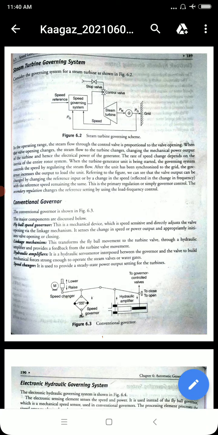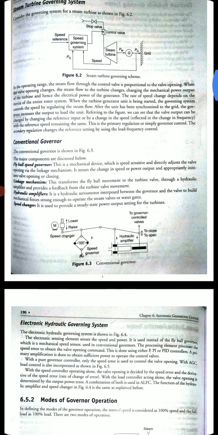In the previous class we have seen the speed governors, where we covered the general governor operation and the steam turbine governing system. Today we will discuss the conventional governor. You can see figure 6.3, where a conventional governor is shown. The major components are